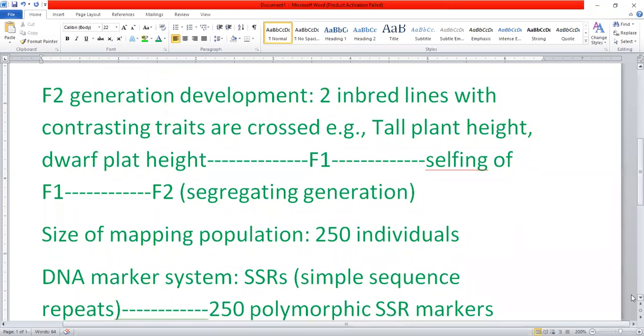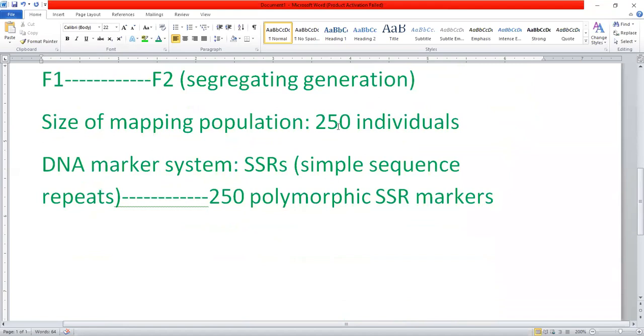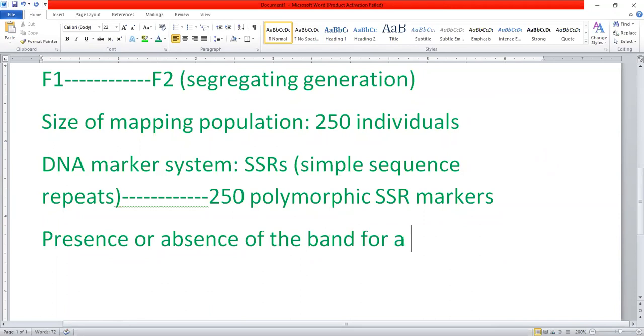So then the 250 plants, 250 individuals of the F2 population, are genotyped with these 250 polymorphic SSR markers and data is recorded. The data can be recorded in two forms, either on the basis of presence or absence of the band for a specific SSR marker,